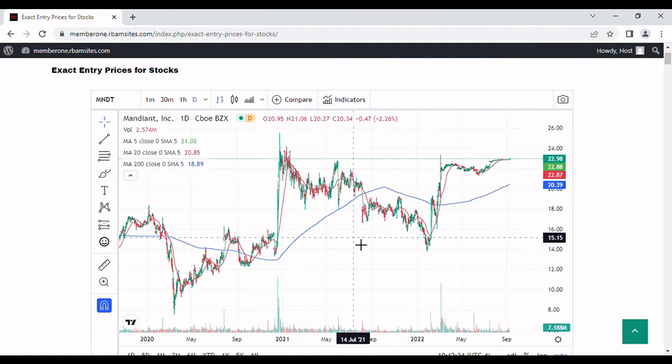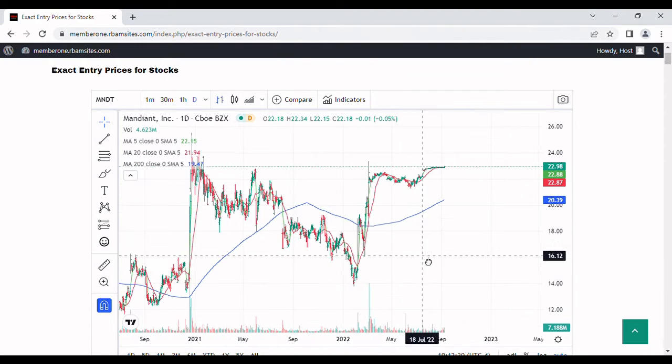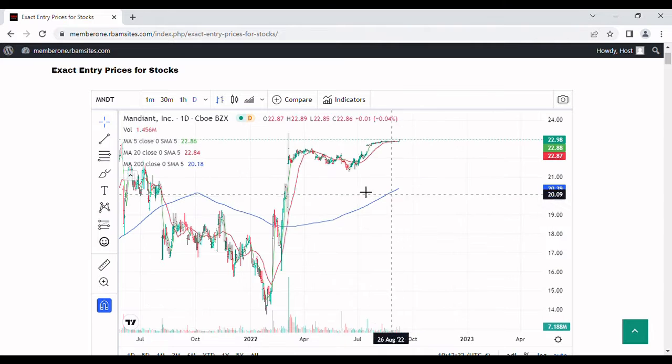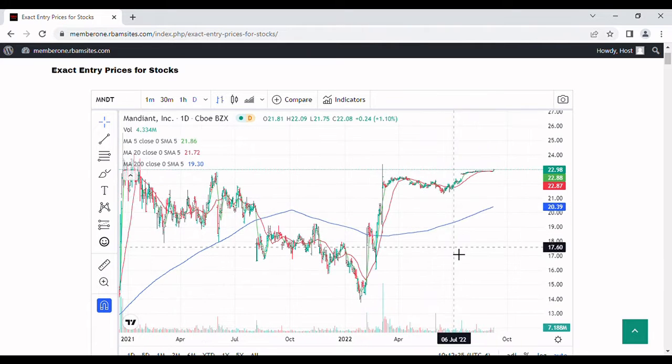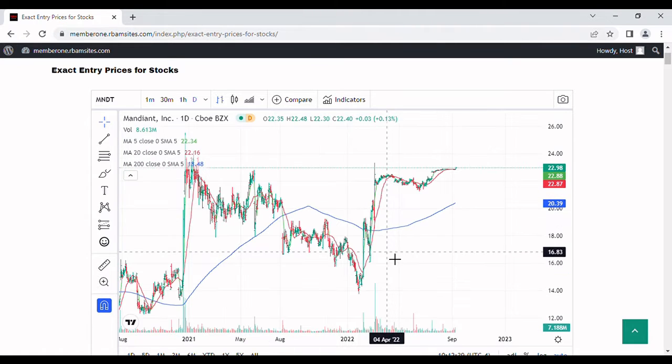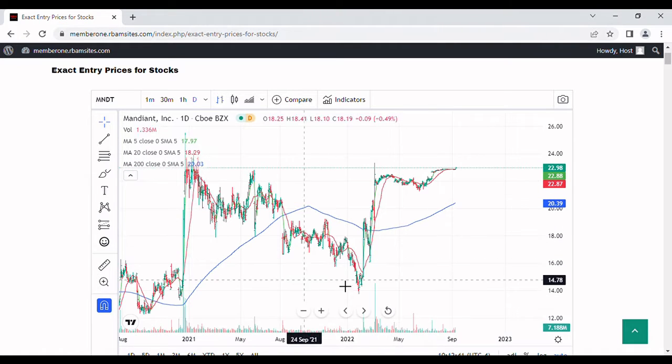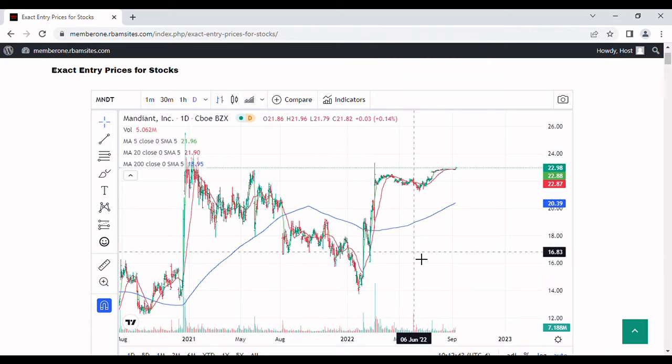It trades a combination of a lot of different ways. It's got a lot of penny stock characteristics to it, and it's got a lot of other issues with it that don't particularly lend it to analysis with technical indicators like moving averages. But still, you can get a good idea when to avoid this stock and when to maybe try to make